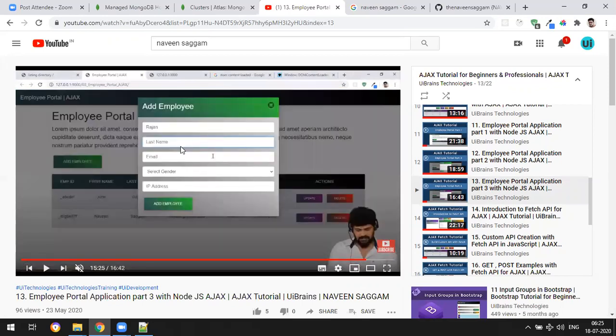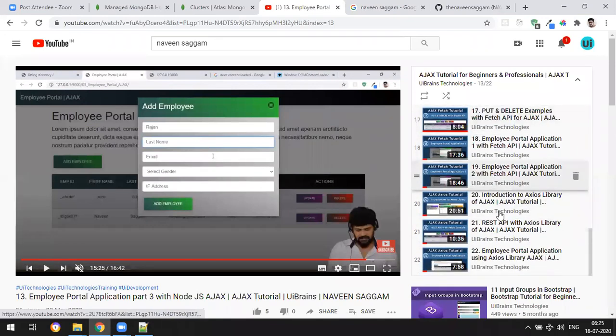We will be getting the forms model. This is actually complete Ajax, and this type of example we'll also see with Angular. Here I use Ajax and Axios and Fetch. So three different ways I showed the same example of CRUD operation. So this type of examples will be there. Okay, fine.